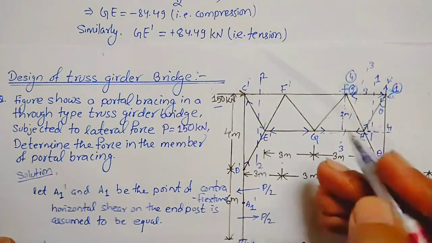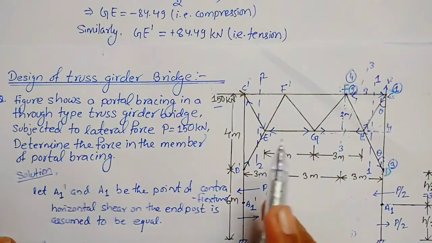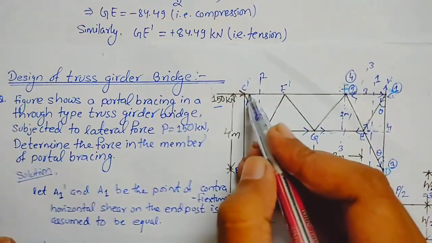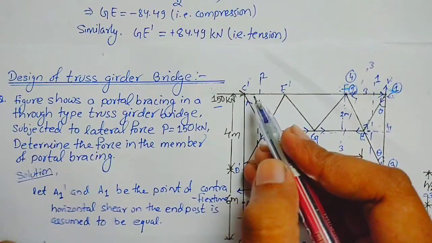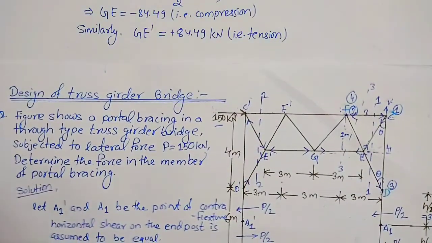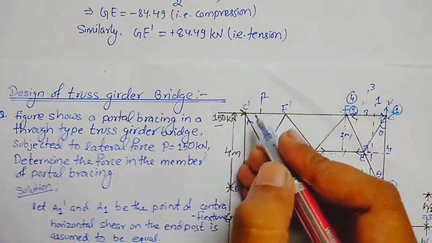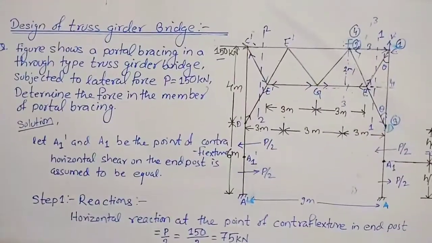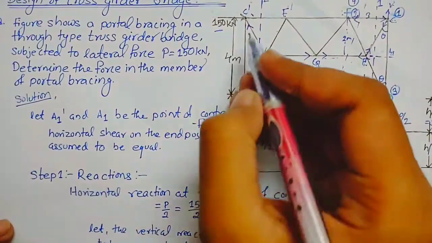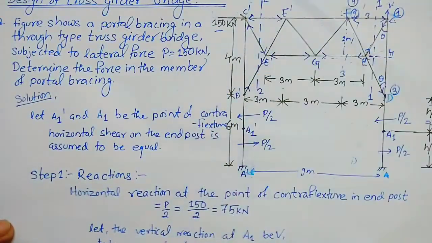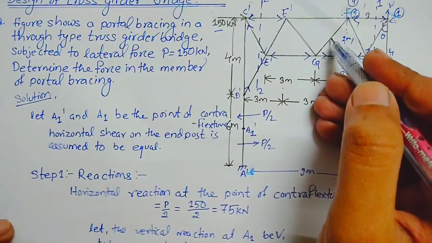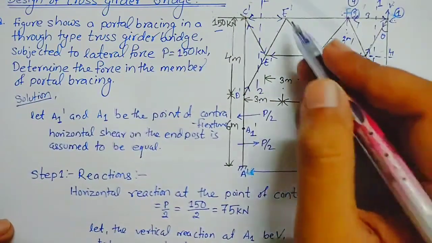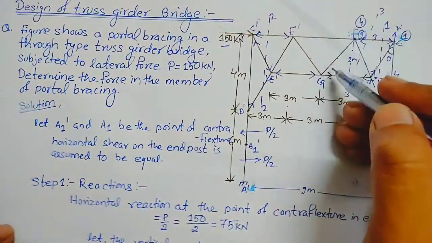Now let us find the force in the members E F dash. We have also calculated the force in C dash F dash, and the force in C dash F dash is in compression. Sorry, let me check it. So force in C dash F dash is in tension, so represent it as tension. Now let us find the force in these two members GF and GF dash. So again we will need to take a section here.